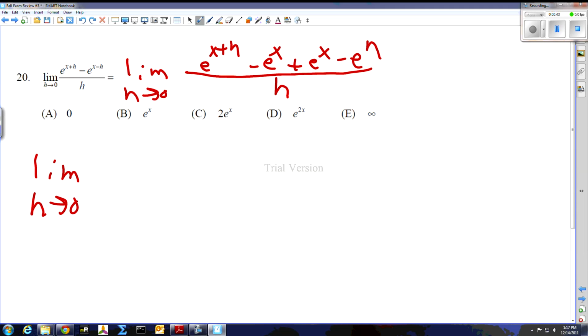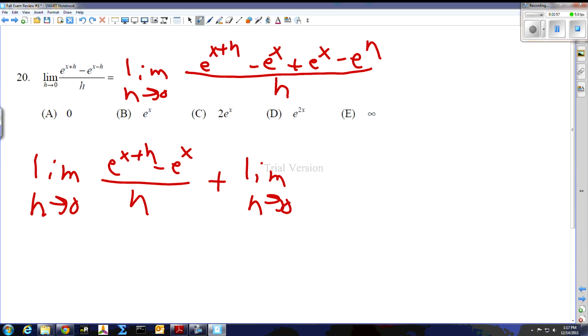It's the limit as h approaches 0. I'm going to take the first two terms and write them as a fraction plus the second two terms writing as a fraction also, which to begin with may look like it's very confusing and not necessary, but I think it's going to become